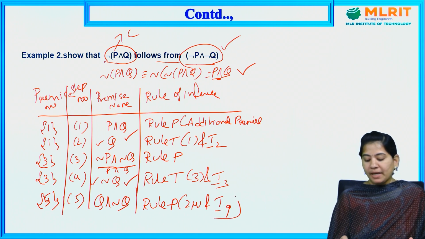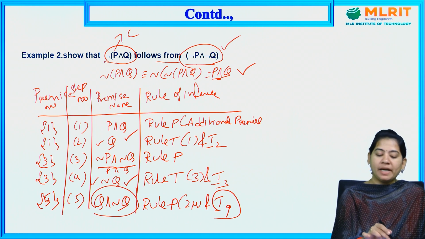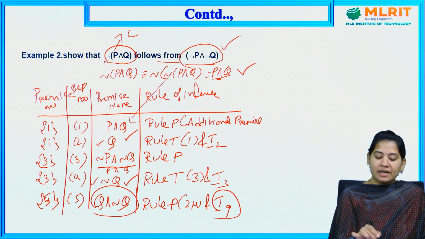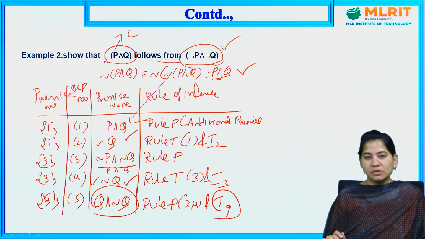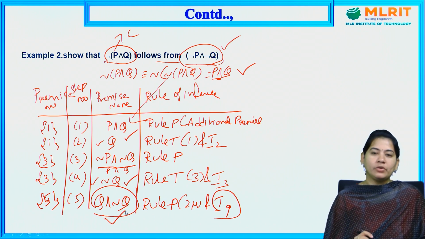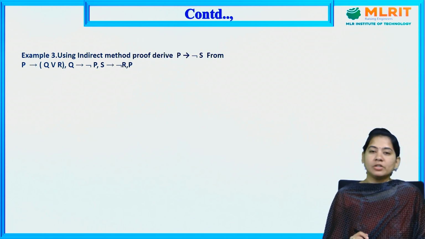By applying the I9 formula here we got Q and negation Q, which means we have applied negation for the given conclusion and considered that as the additional premise, and along with that we have taken the given premise also, and we have solved until we got the contradiction format. So this is called the indirect method of proof, how we need to solve the problem. Next we have the other question also.